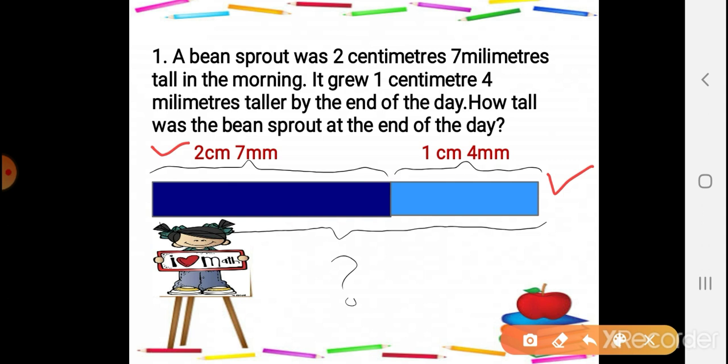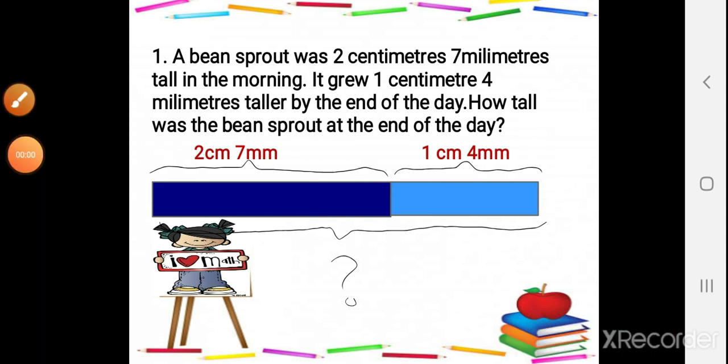Now what do you need to do? How tall was the bean sprout at the end of the day? For this we have to go for addition. We have to add 1 centimeter 4 millimeters to 2 centimeters and 7 millimeters for getting the total height of